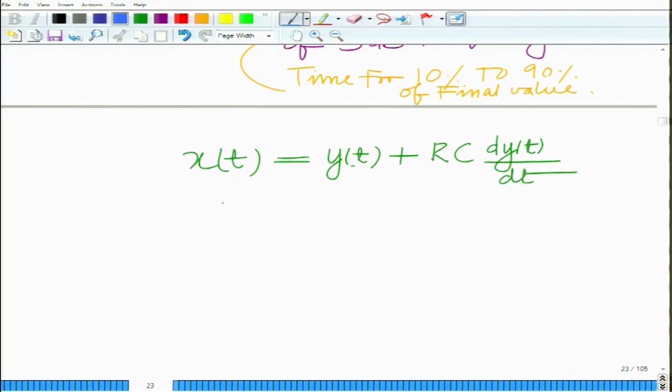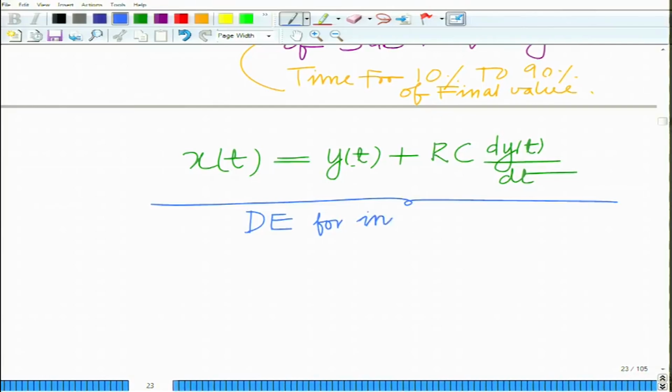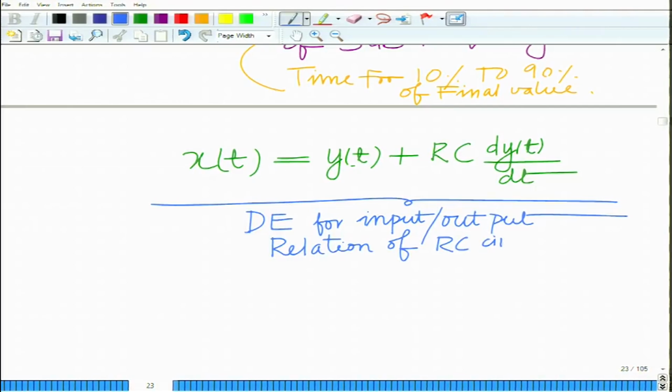This is the differential equation, basically the differential equation for the input/output relation of the RC circuit. Okay. And therefore, this implies